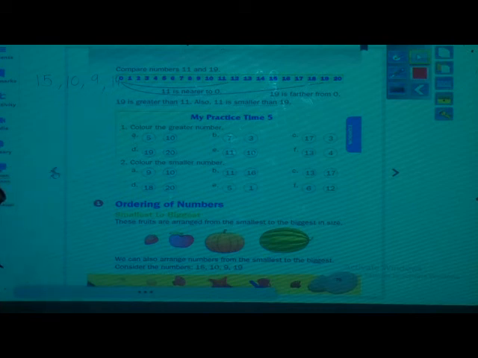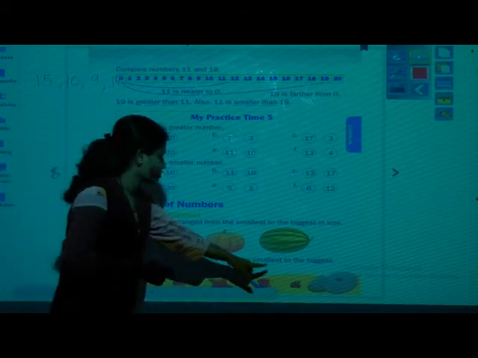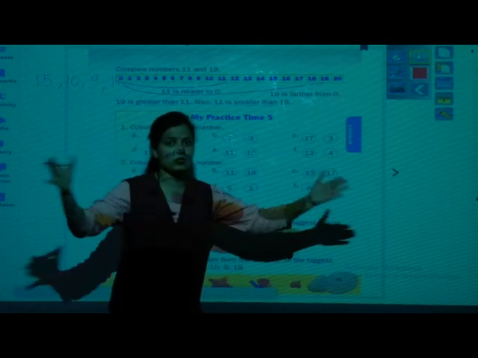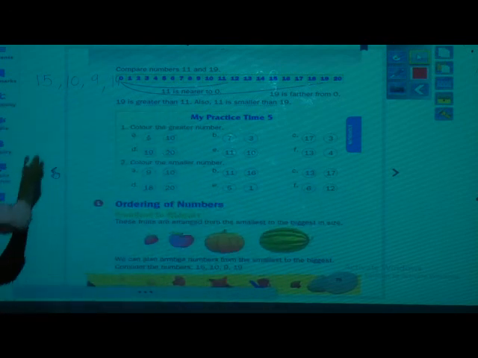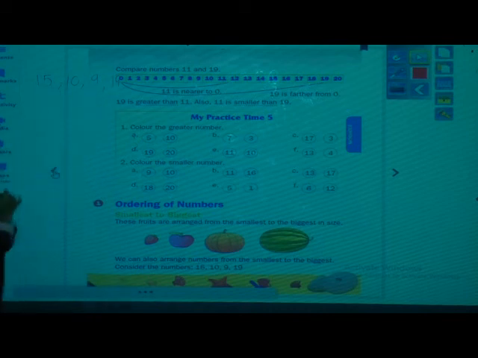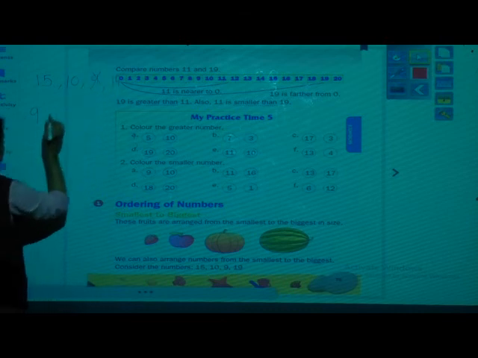Now what they have asked? To arrange from smallest to biggest. Now from these four, which is the smallest one? सबसे छोटा कौन सा नंबर है? Which comes first? 10 comes. Okay, before 10 what comes? 9. Then 9 is also there. So 9 is smallest. Okay, now cut this.